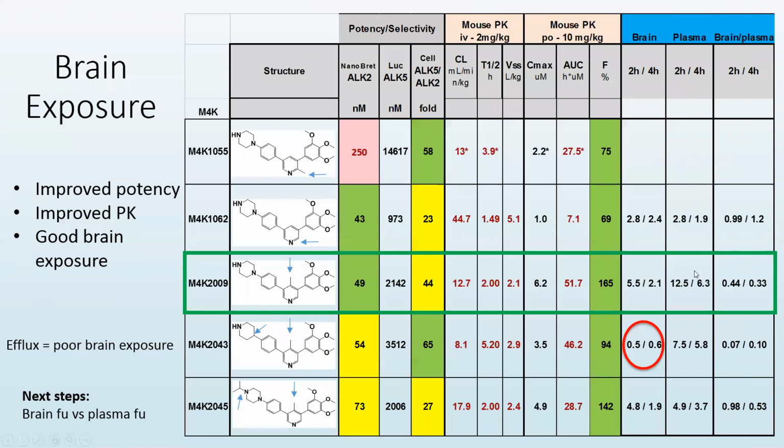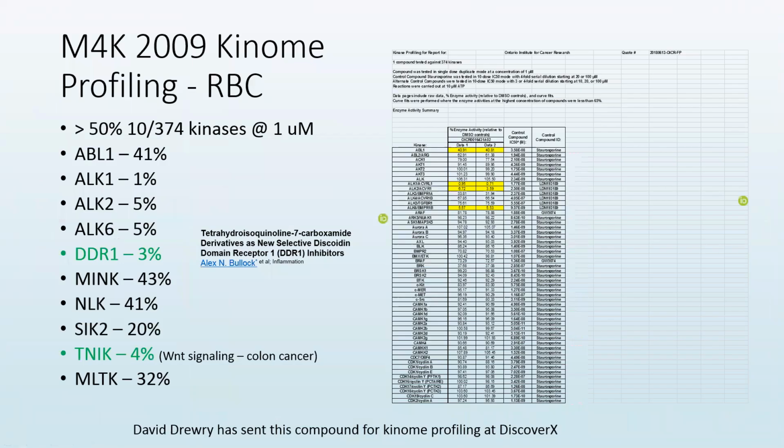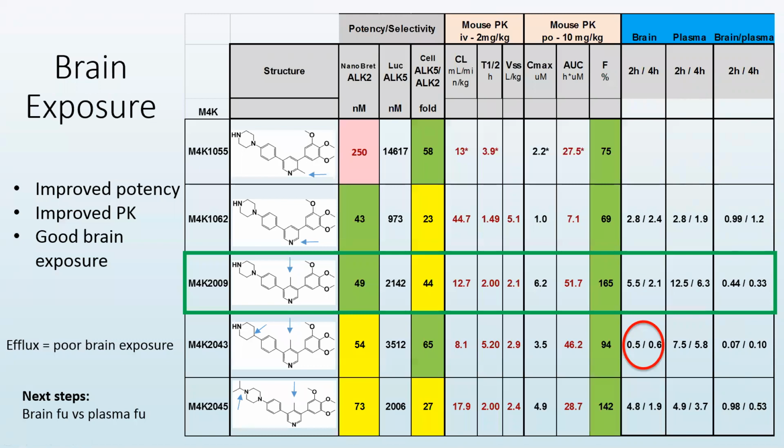And so it's really, we think, our most promising compound that we've identified to date. And so the next steps were really to check the brain unbound fraction versus the plasma unbound fraction, which is kind of an accepted, if not somewhat contentious, way of evaluating how effective a potential drug will be in the brain. And so we did that, and we also wanted to